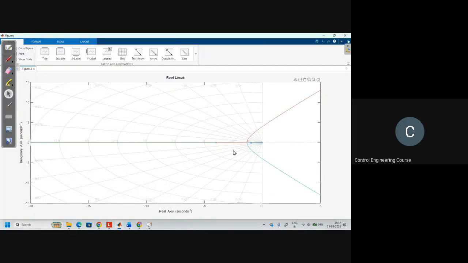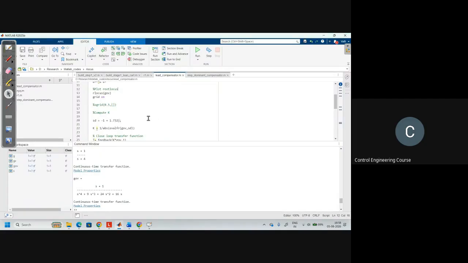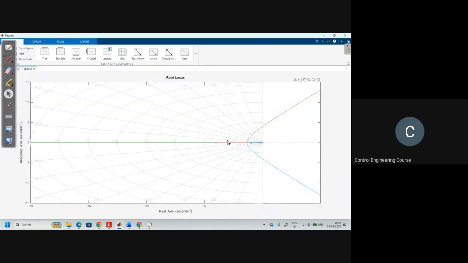So this is the root locus. Here you can see whether the desired zeta, which is 0.5, right, lies on the root locus or not. This is the overall root locus we have plotted. Our desired pole which we wanted is minus 1 plus or minus root 3j. Whether this is on the root locus or not, now we can see that zeta is equal to 0.5.